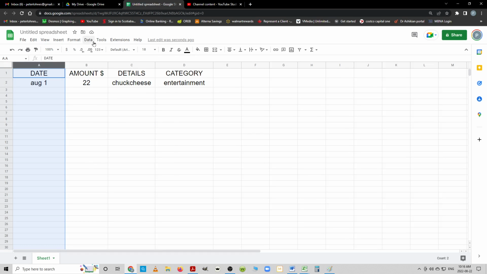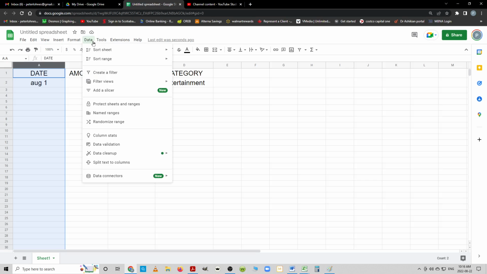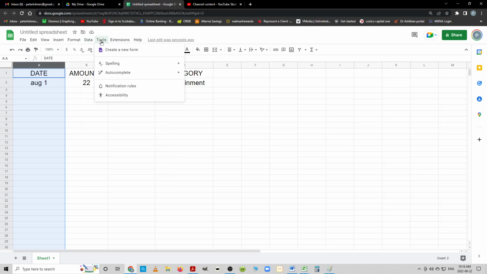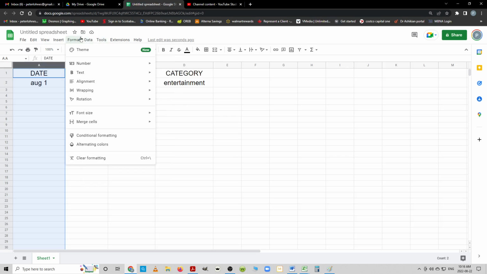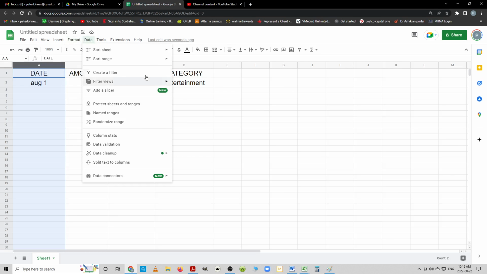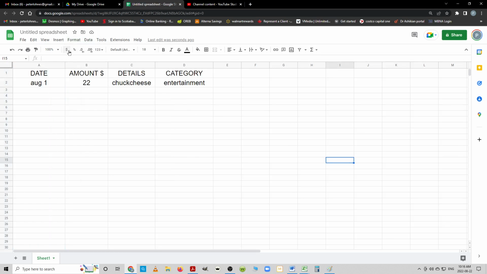I'm going to go up to Data. Let's see if it's Data. Was I looking at our tools? Was it Data? Name, range, data, value, I forget where it is now. Format, is it Format? Oh, there we go. It's under Format. Now, I can skip Format, and I can notice right up here I have the quick